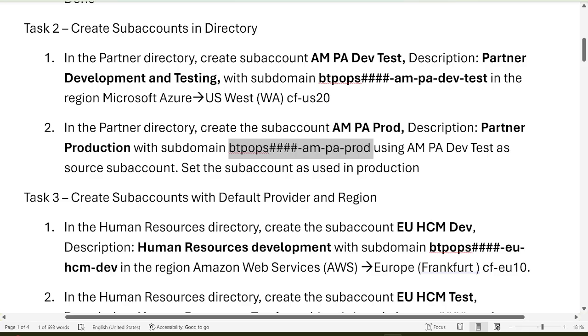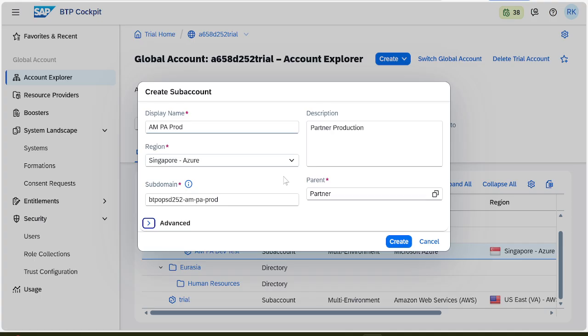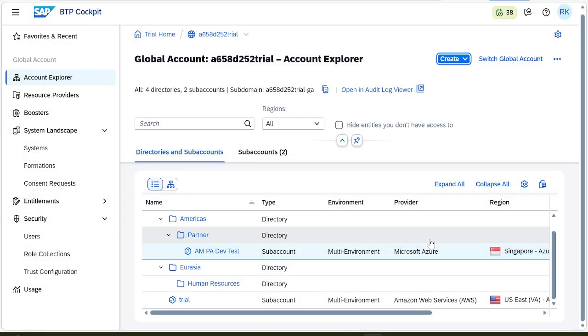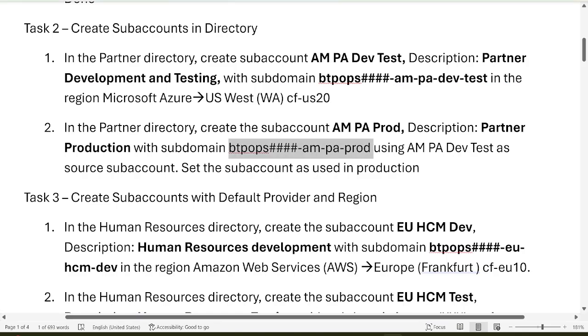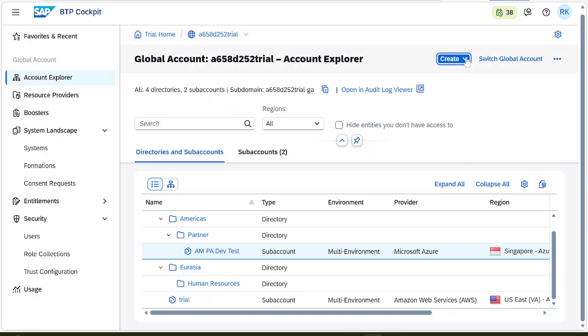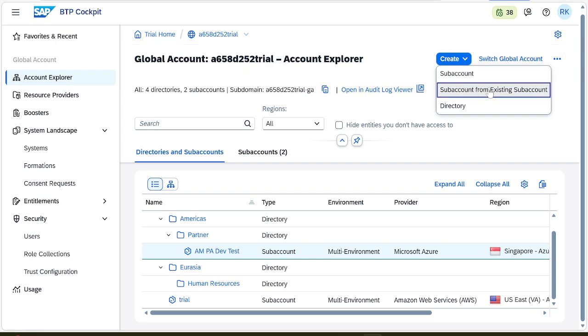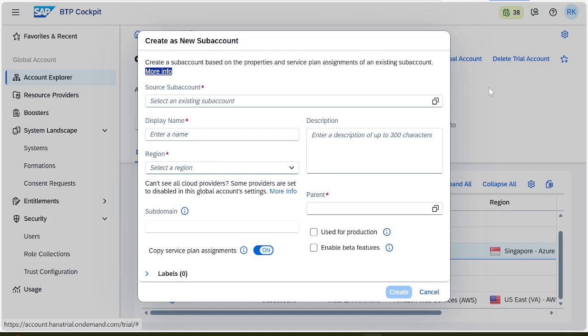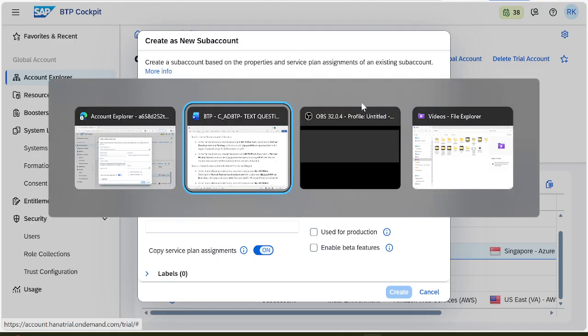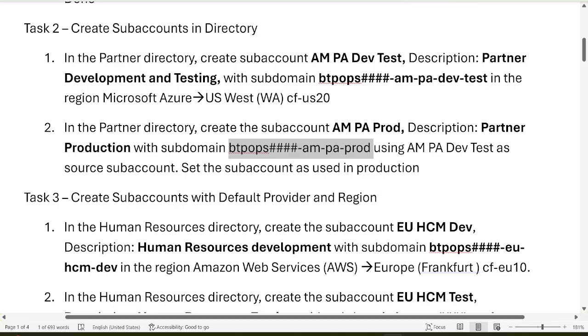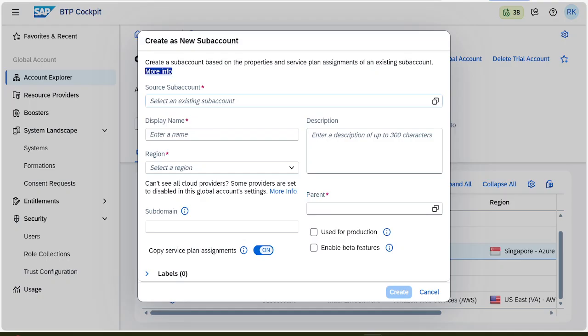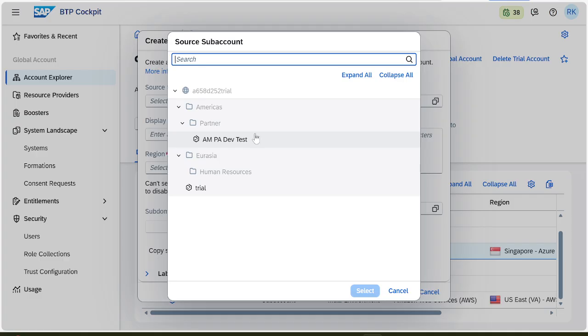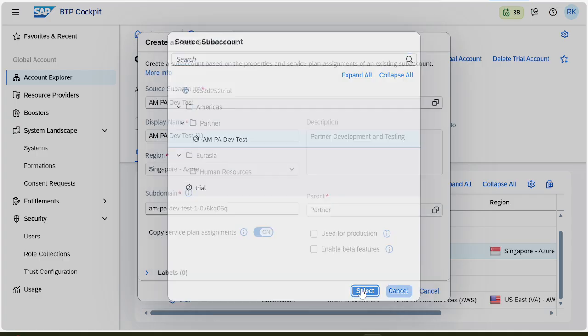Using the source sub account, it means we cannot create it like that, because as per the task, it is asking for a source sub account. So what to do? Click on create and create sub account from existing sub account. Now the source sub account will come. What is the source sub account? AMPA dev test. Select AMPA dev test. This is the source sub account.